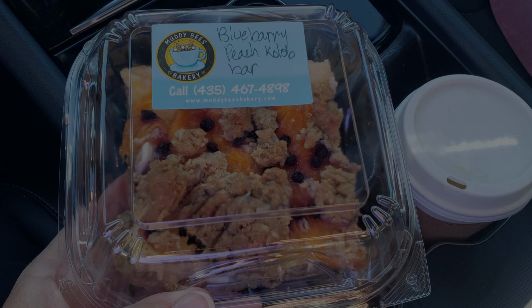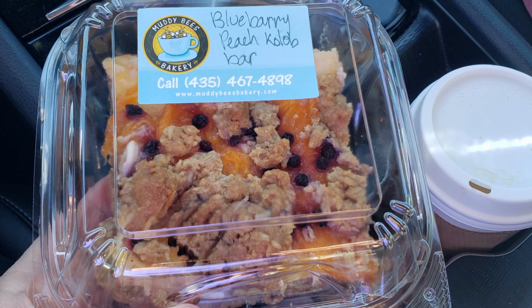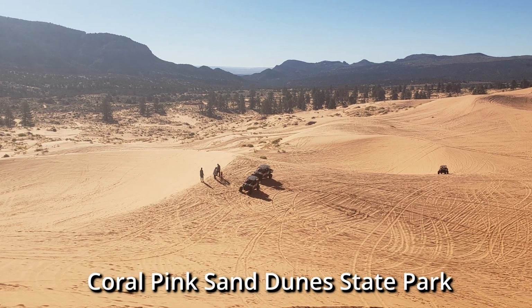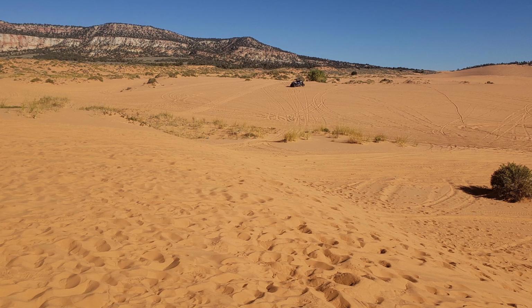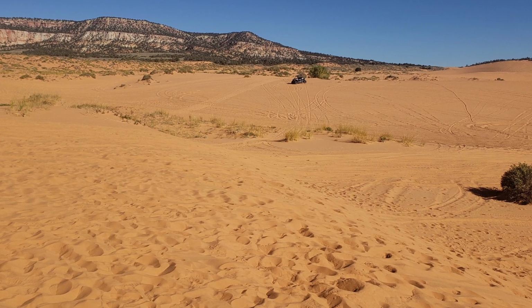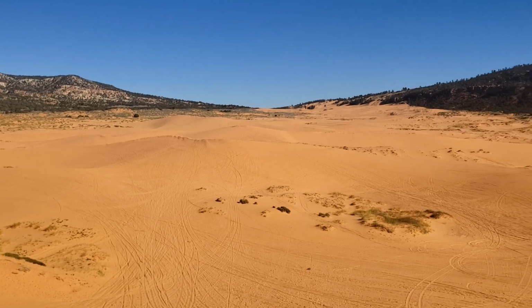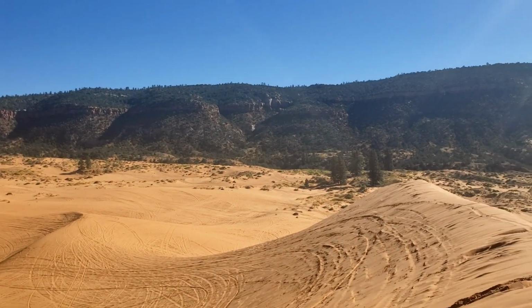Started the day at Muddy Bee's Bakery for a blueberry and peach Kolob bar. Headed an hour away to Coral Pink Sand Dunes State Park. It was sunny and in the mid-60s. I just walked around in the sand and up one of the highest dunes to get a great view of